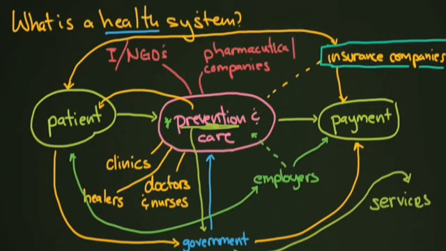So this is an overview of what a healthcare system can look like. It doesn't always look like this. In some countries, you're going to have all these things integrated, and in some places, they're going to be little islands, and they're not going to have very much to do with each other. Really, what makes a healthcare system work is when all of these organizations can align their goals and align their ideals, and really decide on what their goals are in prevention and care and how to accomplish that. So we're going to talk more about this concept